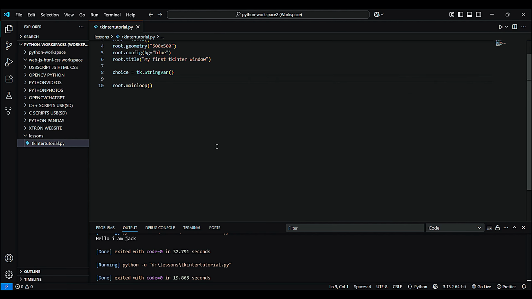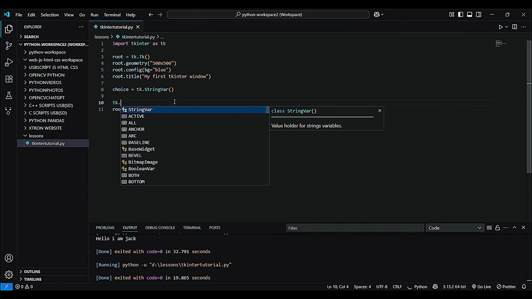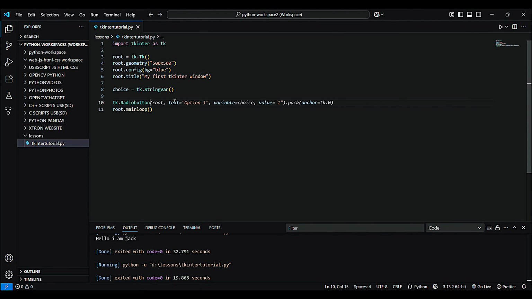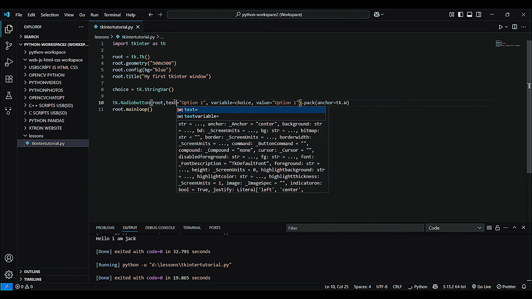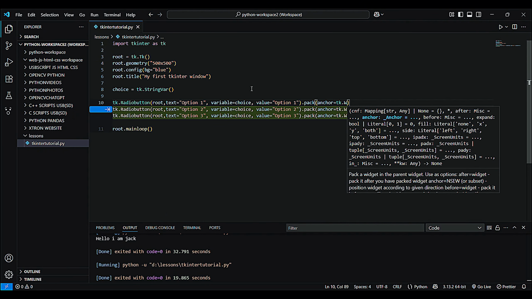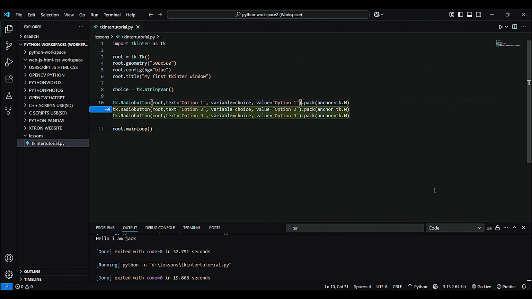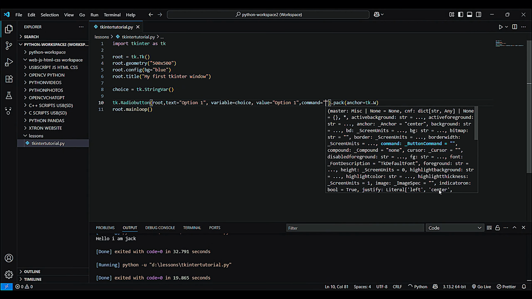And let's create two radio buttons. tk.Radiobutton(root, text equals option one, variable equals choice, value equals option one,